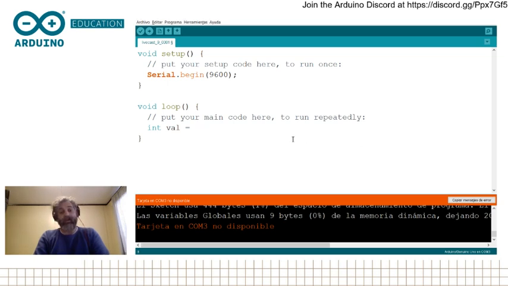As I said, I read the signal from the analog pin, analogRead A0, and I send it through the serial port, Serial.println the value. I will make a delay here of like, I don't know, 400 milliseconds, a completely random number, so it works.